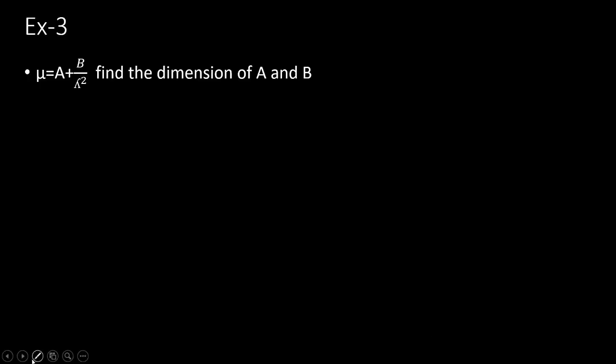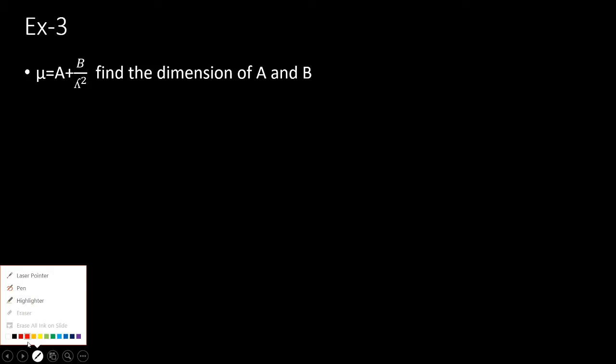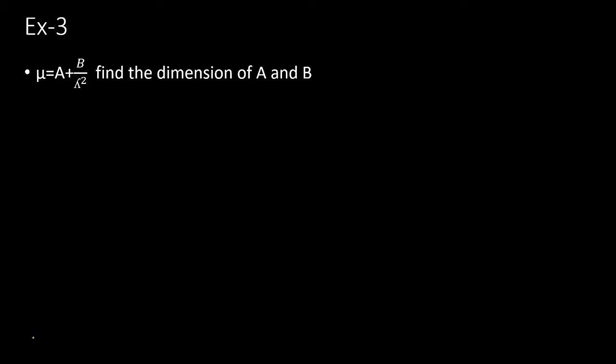So just try to understand how we can find out the dimension of a and b. At first you need to know what mu is here. Mu is the refractive index. And guys, what is refractive index? Do you know what refractive index is? Refractive index is the speed of light